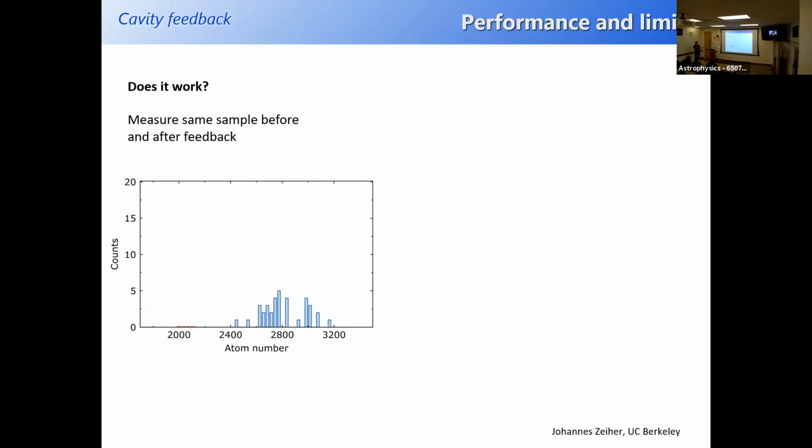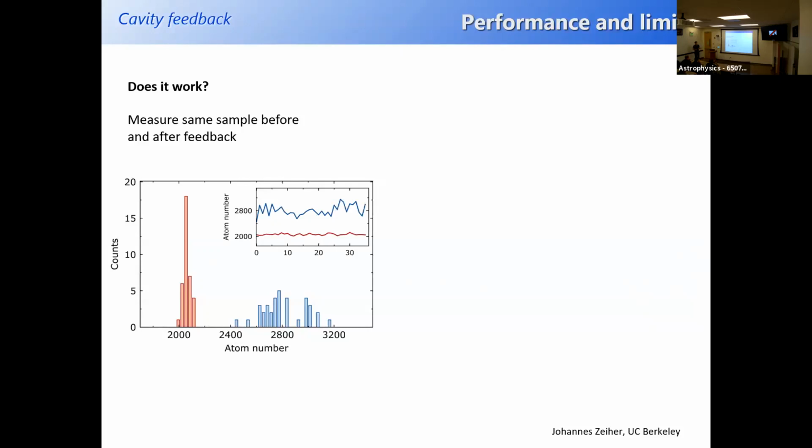Then we do this feedback, and because the measurement is non-destructive, we can check in the same sequence of experiments whether our feedback works. We measure the atom number before, which is the initial atom number, then do the feedback, and then measure the final atom number after the feedback. You can see it collapses very well to a single peak. As a trace, you see these very large fluctuations for different shots before the feedback, and after the feedback it is straight and nice.